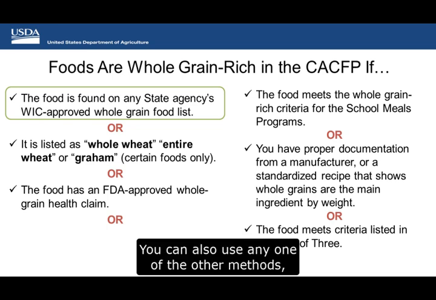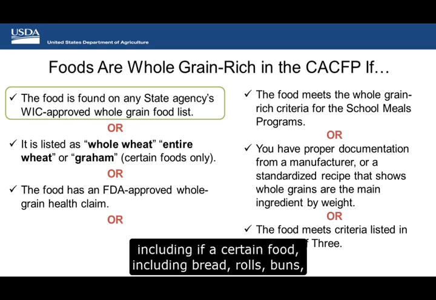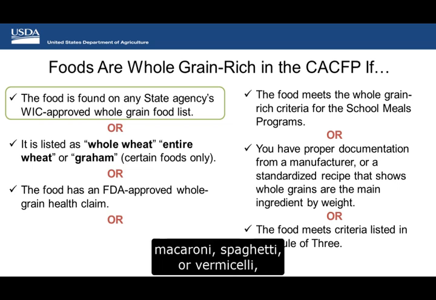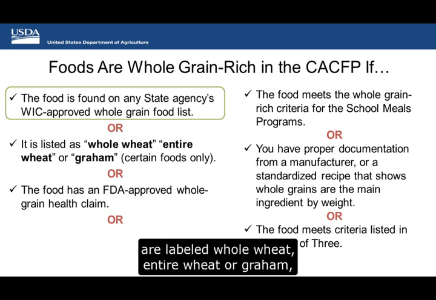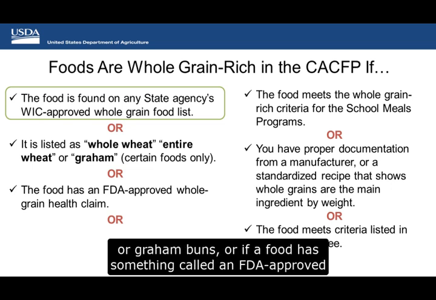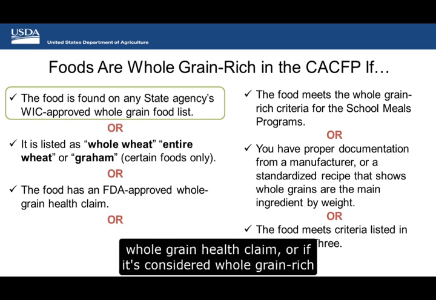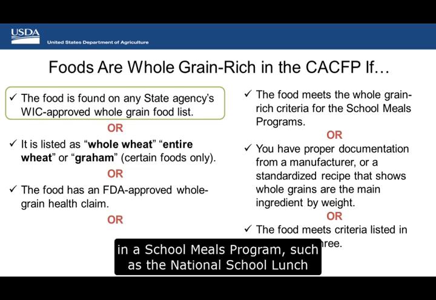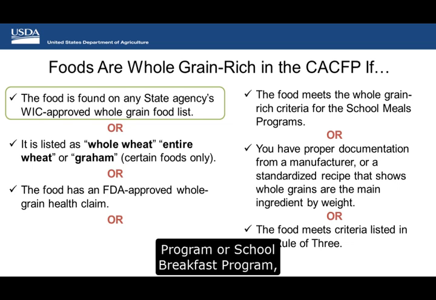You can also use any one of the other methods, including if a certain food, including bread, rolls, buns, macaroni, spaghetti, or vermicelli, are labeled whole wheat, entire wheat, or gram, such as whole wheat rolls, entire wheat bread, or gram buns. Or if a food has something called an FDA-approved whole grain health claim, or if it's considered whole grain rich in the school meals program, such as the National School Lunch Program or School Breakfast Program,